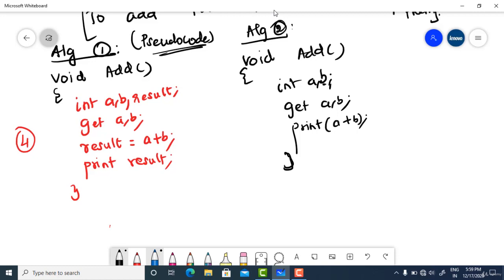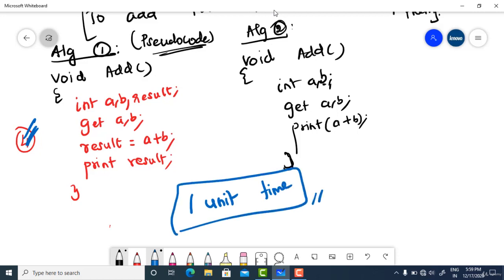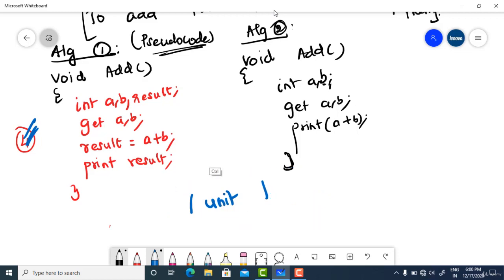How many statements are there in this algorithm, right? There are four statements. And assume that each statement will take 1 unit time. We always assume that. When you analyze time complexity, you have to assume that each C programming or any programming statement will take 1 unit time. We don't know that unit. It may be microseconds, milliseconds, or whatever it is, but it depends on the compiler and processor also. So we'll always assume 1 unit time mathematically, right? So each statement will take 1 unit time.